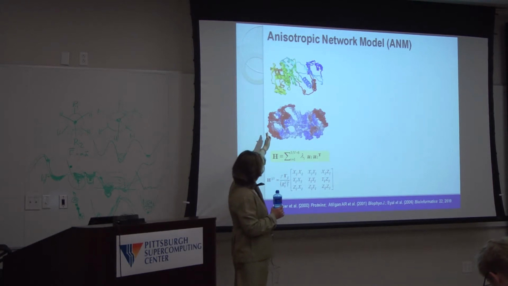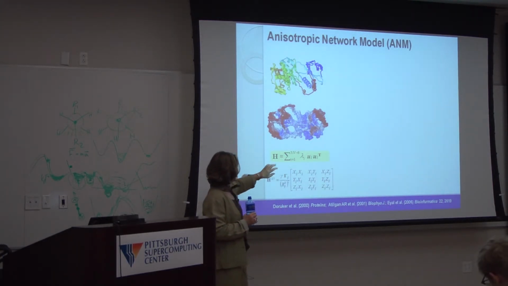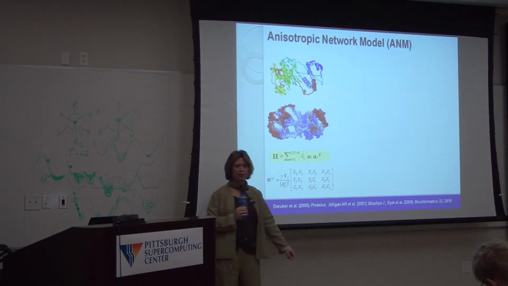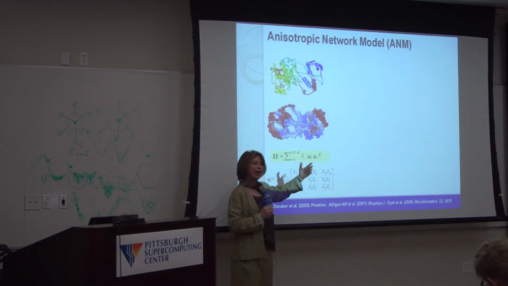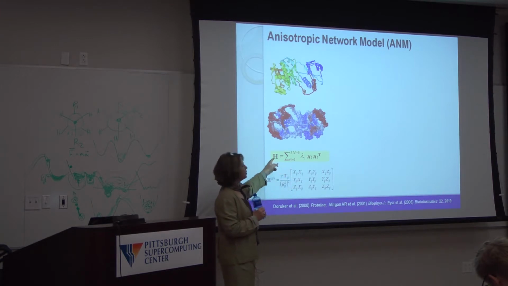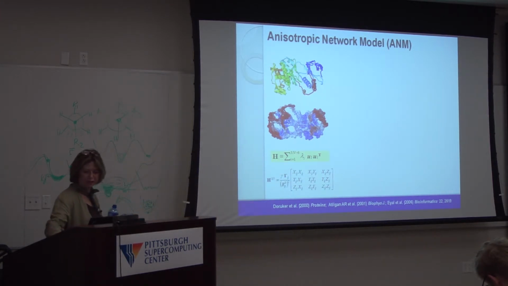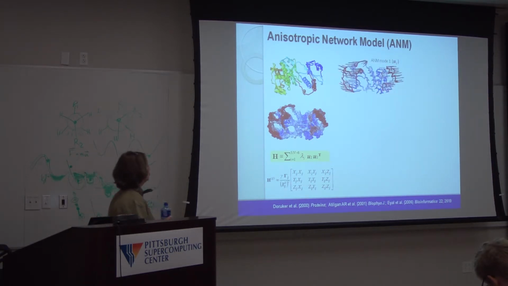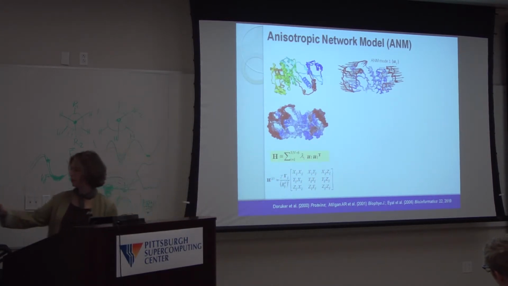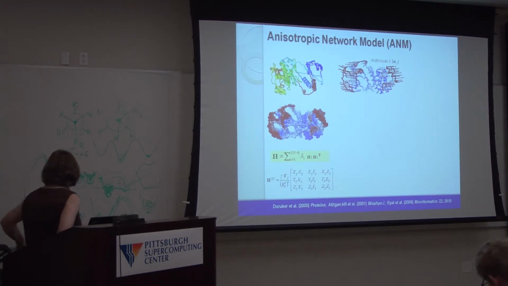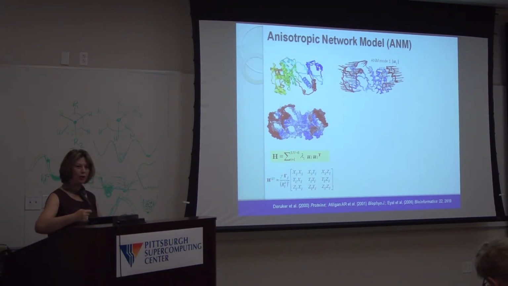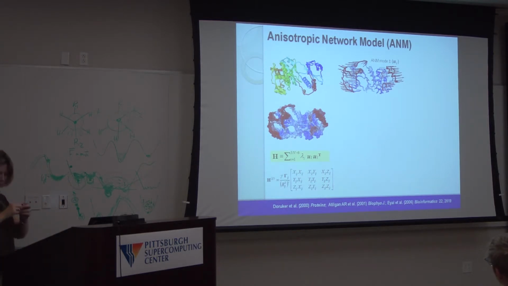The idea is the same. We have the network representation of the protein. Now, instead of our Kirchhoff matrix, we have a Hessian, where we have, again, eigenvalues and eigenvectors. But this time, everything is 3n-dimensional instead of n-dimensional. And this is just one element, the ijth super element of the 3n-dimensional Hessian. I'm not going to go into details. But ideally, for example, ANM mode 1, this is for p38 kinase, will be a motion indicated here by the arrows. And with ProDy, we're going to generate this type of